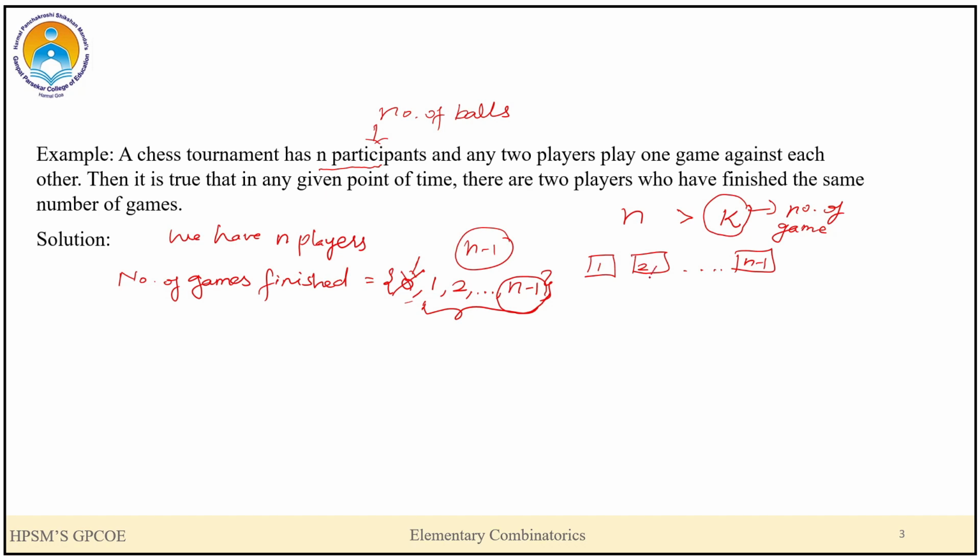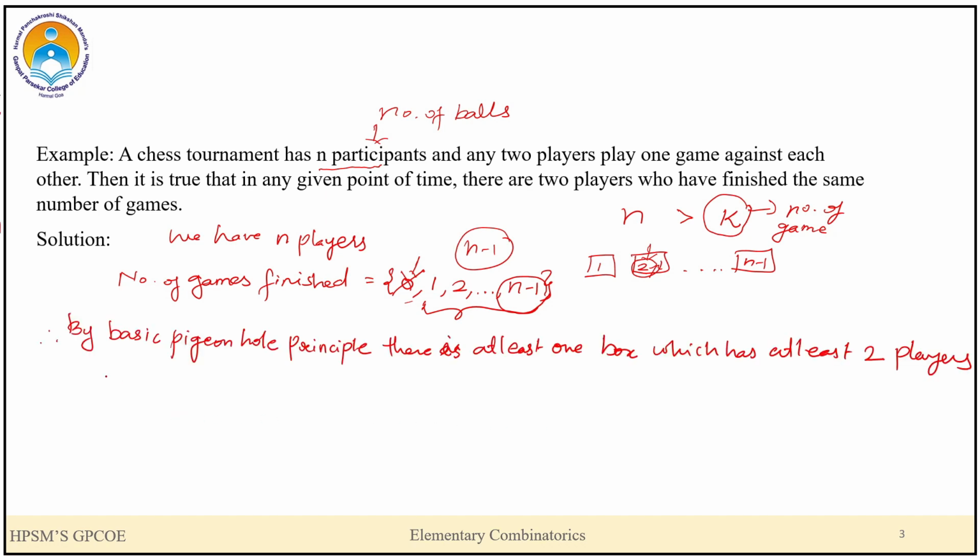Okay, let's say suppose these two players lie over here. So it tells us that there are two players who lie in this particular box. So that means there are two players who have played same number of games, that is nothing but the value 2. Okay, so with that we prove the statement,